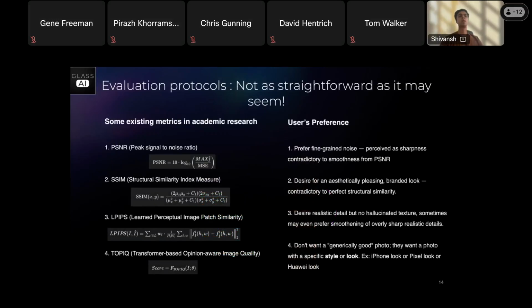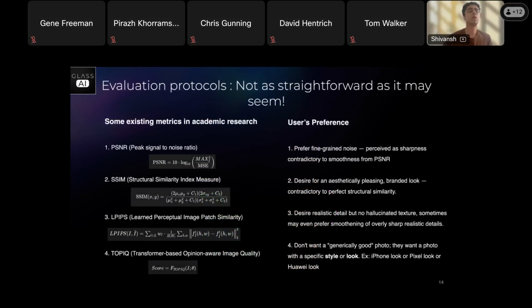Some general evaluation protocols that academia currently tries to follow for the task of image quality assessment, or IQA, for these image restoration networks can be broken down to these 4 metrics.